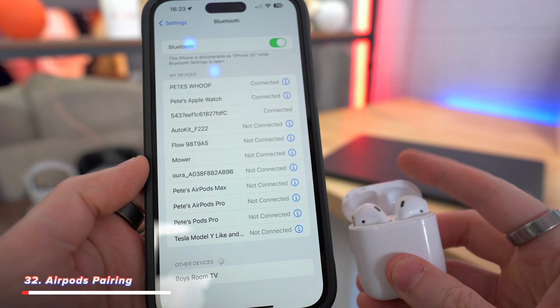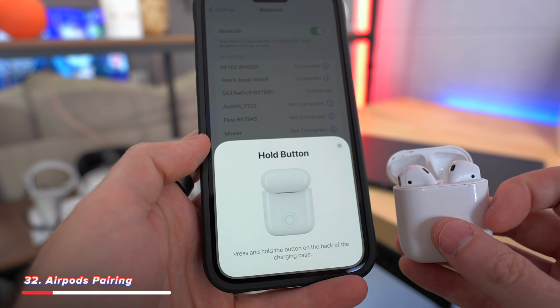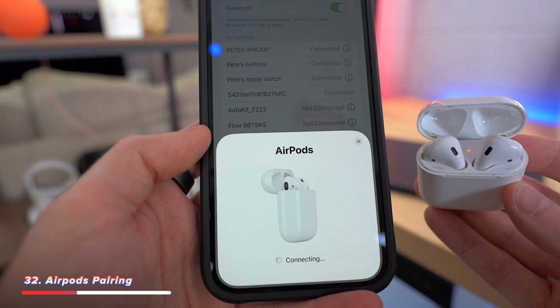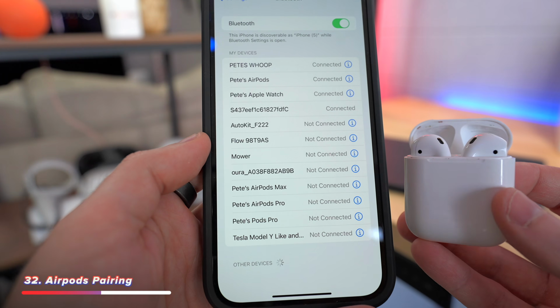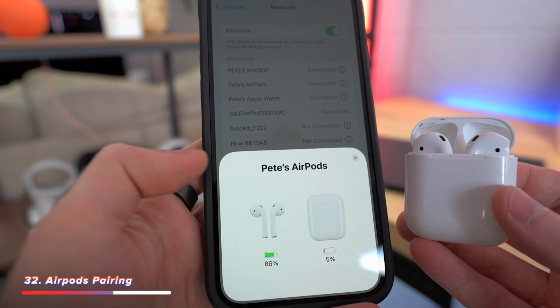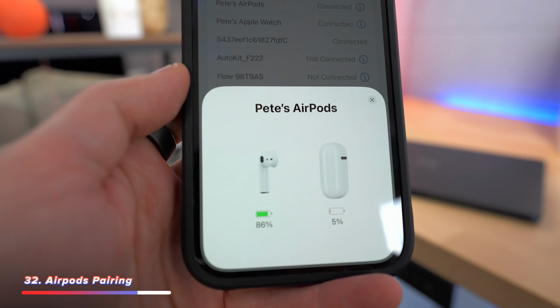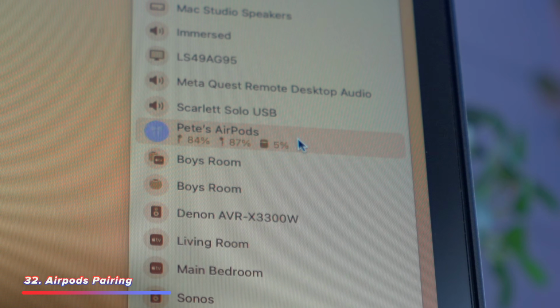Number 32, Apple has made it incredibly easy to pair your AirPods to any Apple device. If you pop open the lid of your AirPods or Beats Fit Pros or remove the AirPods Max from their case, then just hold them near the device you want to pair them with, whether that's iPhone, iPad, Mac, or even Apple TV, and it will pop up on the screen and prompt you to connect automatically. And the good news here is that once you've paired with one device, the headphones will now work across all of your devices, which then opens up another feature.